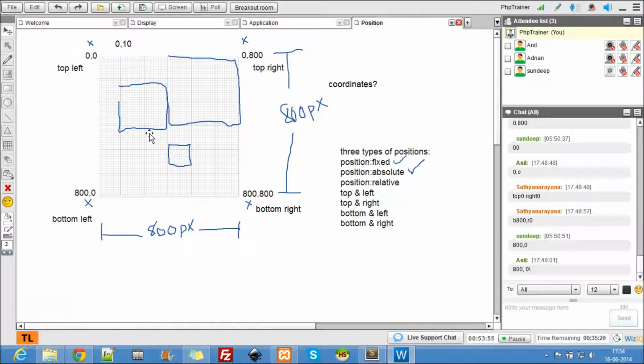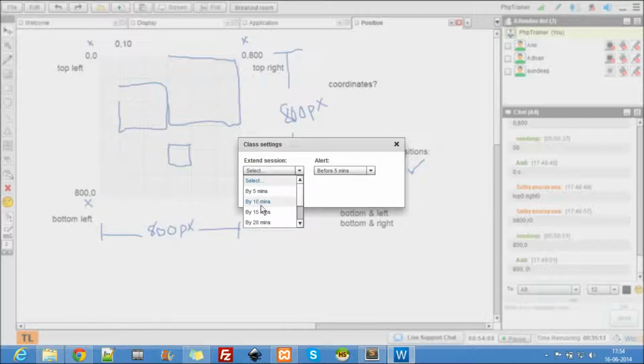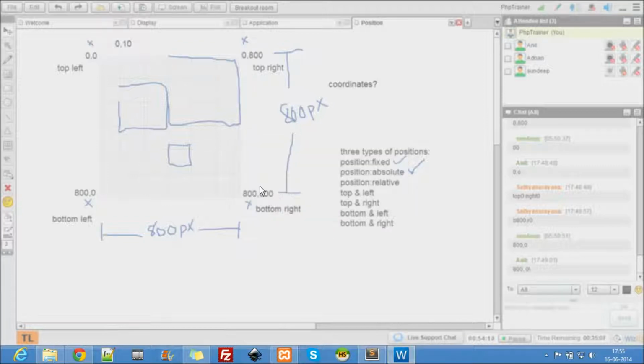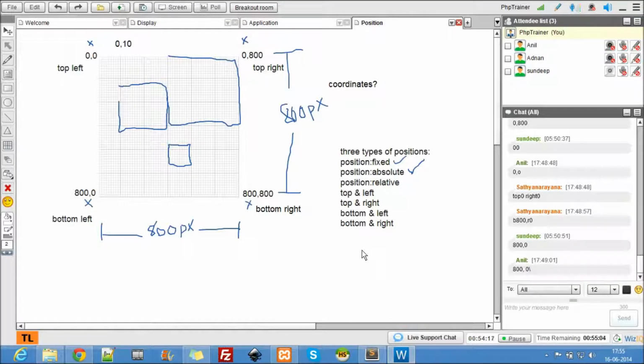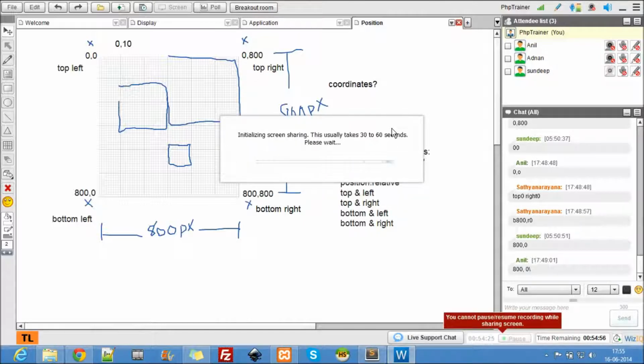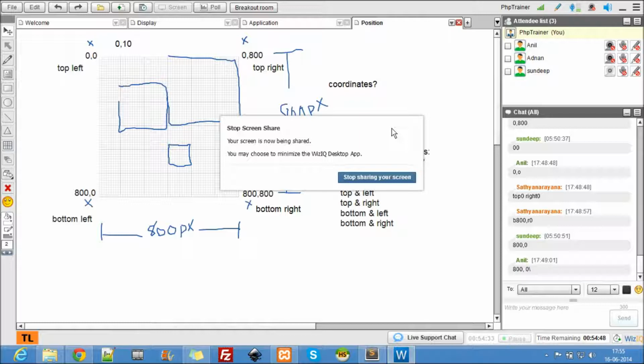Now let's see all these three, and see the coordinates, how we can manipulate coordinates, and where we will be using this. I'm going to increase the time here. Maybe half an hour is not sufficient, so yeah, we have one more hour here. Fantastic. So let's go back here. Let me share my screen. Put your questions with you. I'm going to answer your questions after you see this example. Most probably your questions will be clarified with this example.